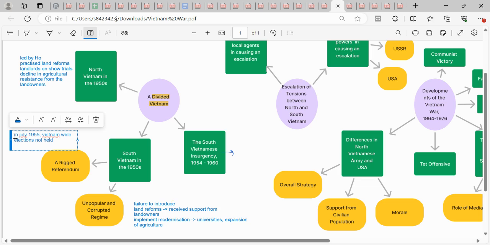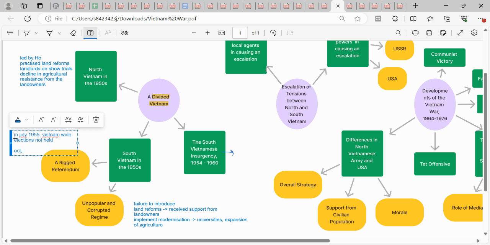Ho was very much seen as a nationalist figure, and President Diem was bogged down by the fact that he was essentially seen as an American stooge, an American puppet. So with the majority of the population also not liking his background as well, he was not expected to win. So he didn't have the election. So that could also be a reason why the insurgency broke out, right? The frustration there. And when he did have, in October,